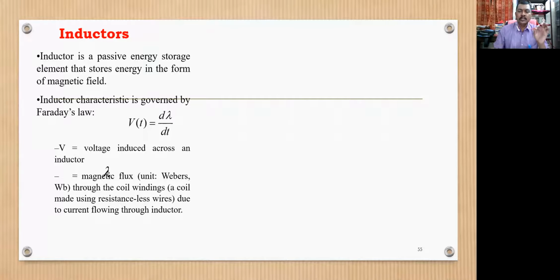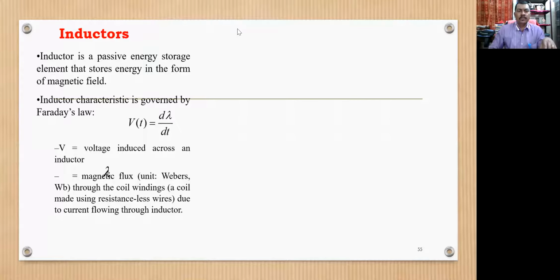So now inductor is a passive device, again it is going to store energy, and this is going to store it in the form of magnetic field. The energy is stored in the form of magnetic field. Remember this. कैपेसिटर में एनर्जी कैसे स्टोर होती है? In the form of इलेक्ट्रोस्टैटिक एनर्जी, और हम लोग उसको बोलते हैं चार्जेस, right? So this is an inductor.